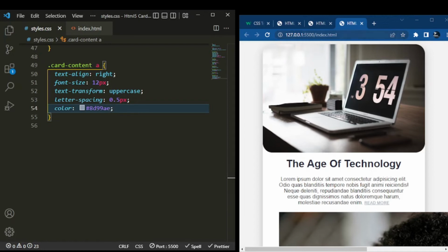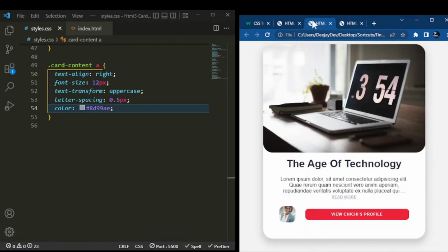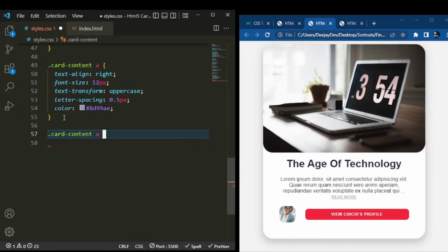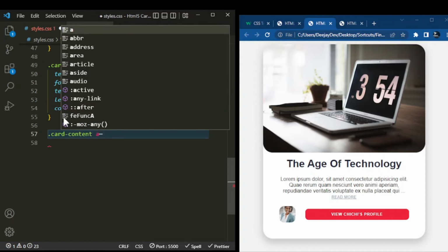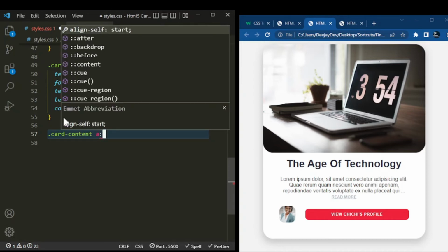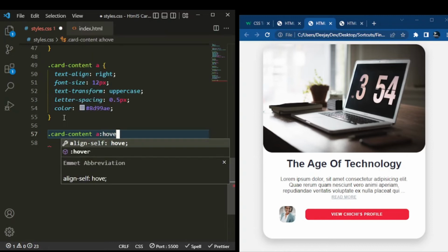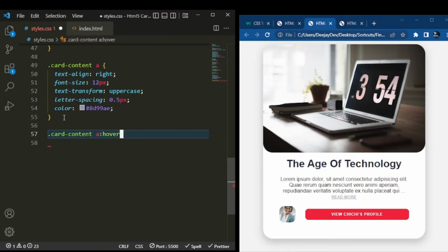We will see how to add a hover effect to make them change with CSS and all those things. So let's go back to our code and just add that hover effect for them. So what do we want? Well, we want the same thing. So we say class of card content A, that's the anchor, and just there, don't put a space. So you come and press colon. Now with this colon, you come and add the hover effect or pseudo-class. So you can say you want to add hover, and inside that hover state,